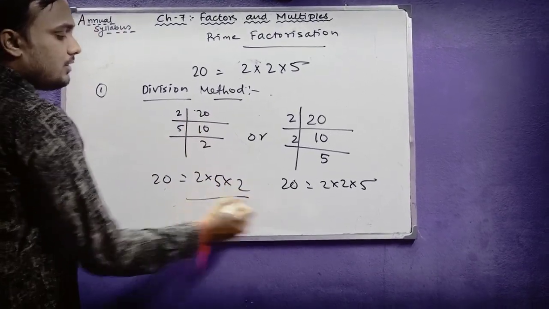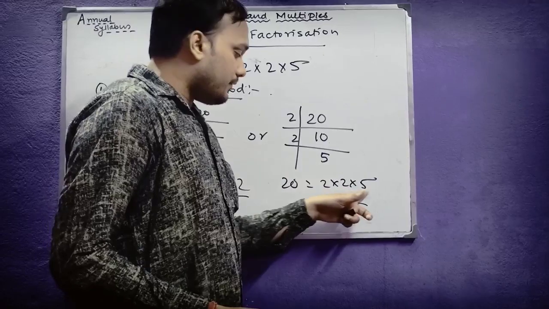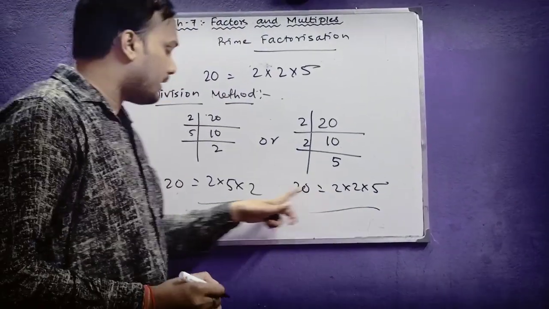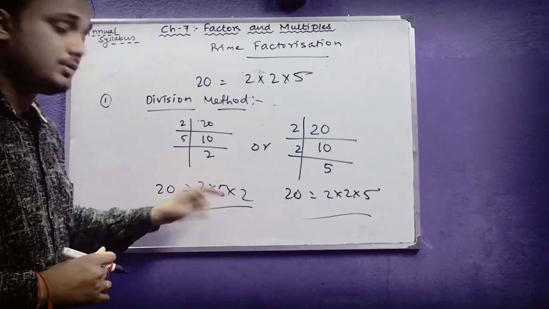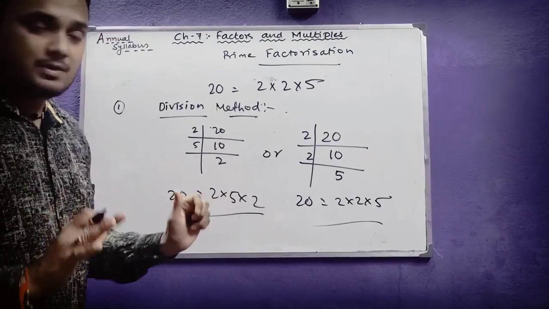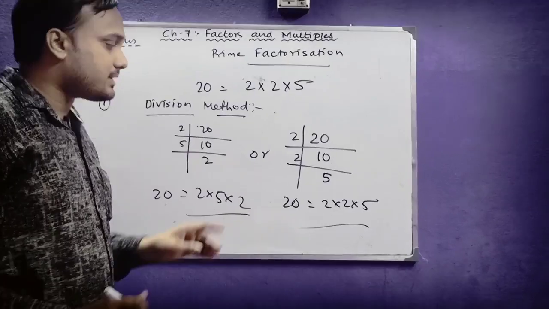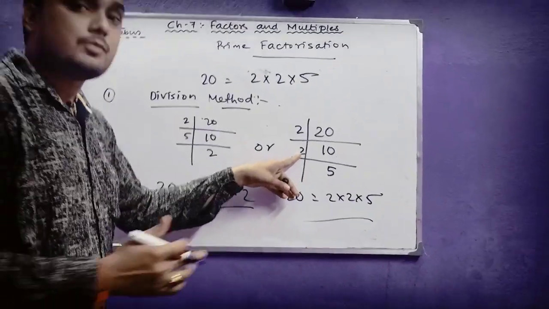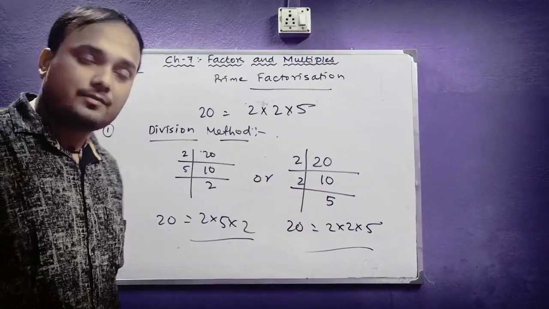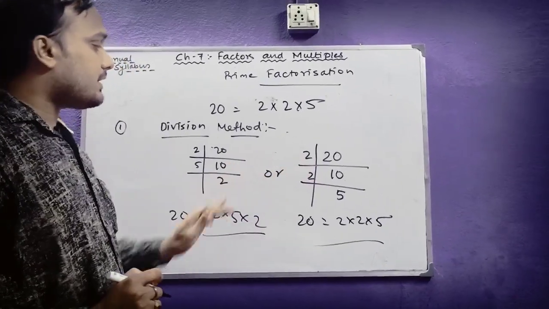And you see here both are same. It will also give you 20, 2 2s are 4, 5 are 20. Here it will also give you 20, 2 into 5 into 2, 20. So both the cases are same. So you can either do this or you can do this also, and because both are same only, it doesn't matter what number you are writing. You can write here 2 or you can write here 5, no problem. So this method is called division method.